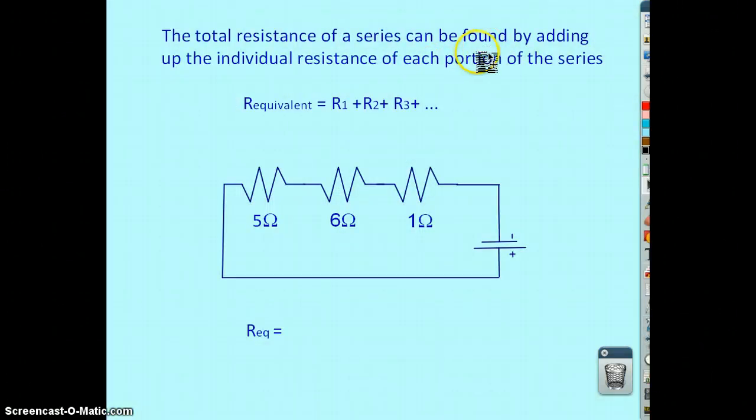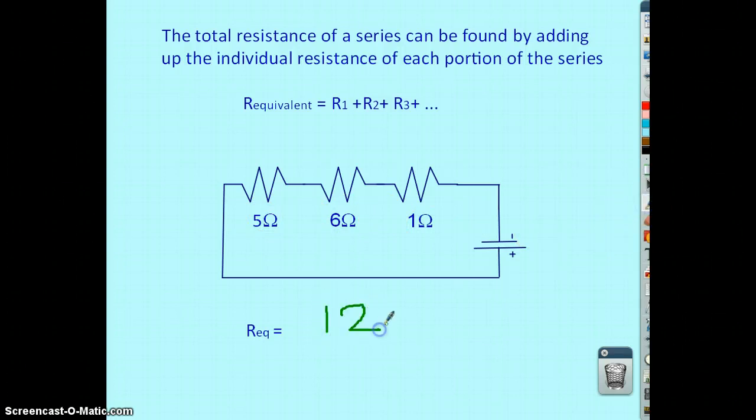Let's talk about resistance. The total resistance of a series can be found by adding up the individual resistance of each portion. So here's an equation. This is our first rule for series circuits. Equivalent resistance is equal to resistor 1 plus resistor 2 plus resistor 3 ... Because you could have 20 and you just keep adding them up. So looking at our example, 5 ohms, 6 ohms, and 1 ohm, if we add those up, 5 plus 6 plus 1 equals